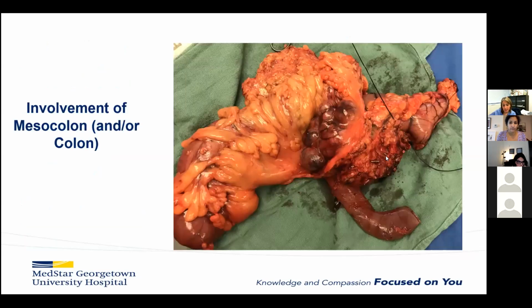Okay, so what about the mesocolon? I just wanted to show you this specimen so you have an example. This is a duodenal GI stromal tumor growing through. So this is the right colon here, this is the transverse colon coming across, and you see this tumor is growing through the mesocolon. So even though it doesn't involve the colon itself, this does involve the ileocolic branches. They're coming kind of along here,